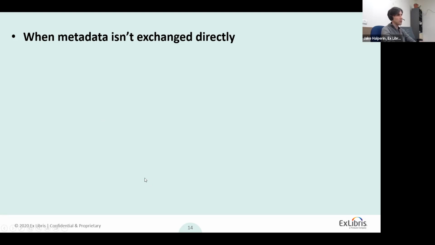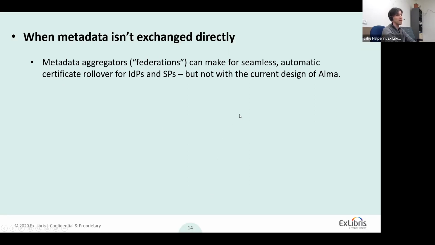But there's one extra complication, and that is, some customers will prefer not to exchange metadata directly, but share metadata on a metadata aggregator, what we usually call a federation. I'll tell you what my understanding of this is, and I'm not pretending to have a full picture here, but I think the usual benefits of going through a federation are that